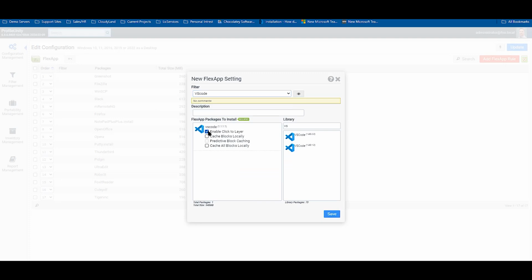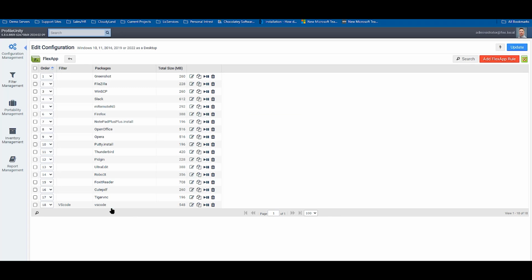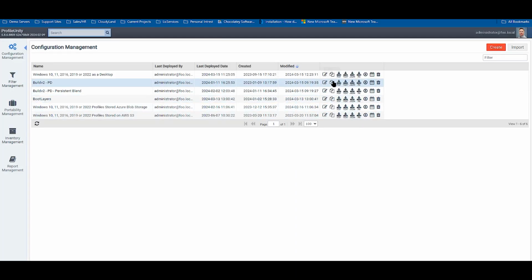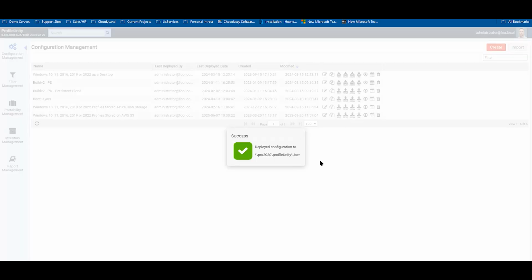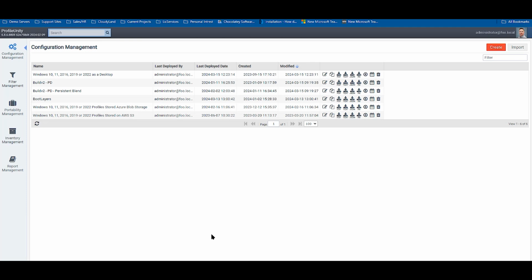I can make this application a click-to-layer, which is an on-demand application that attaches to the operating system when I need it. Cache blocks locally, which is an ability to cache the blocks local to the system as they are being accessed. And cache all blocks locally, which is also going to grab the blocks as accessed, as well as caching the remainder of the blocks in the background. Today, we're just going to use the direct attach. Now that that application rule set is applied, update your configuration and deploy your configuration out. Now you are ready to log on to your system